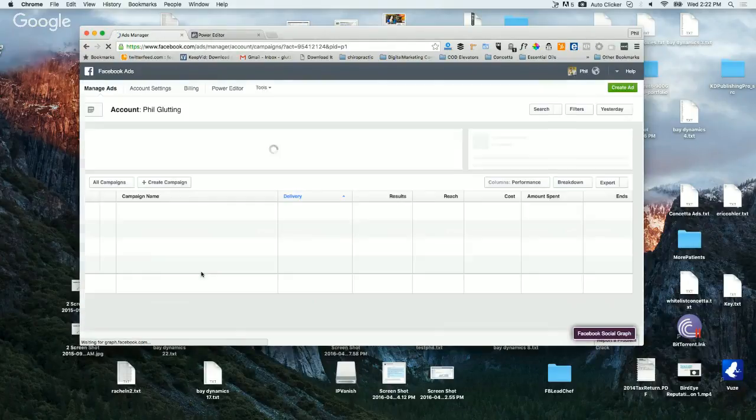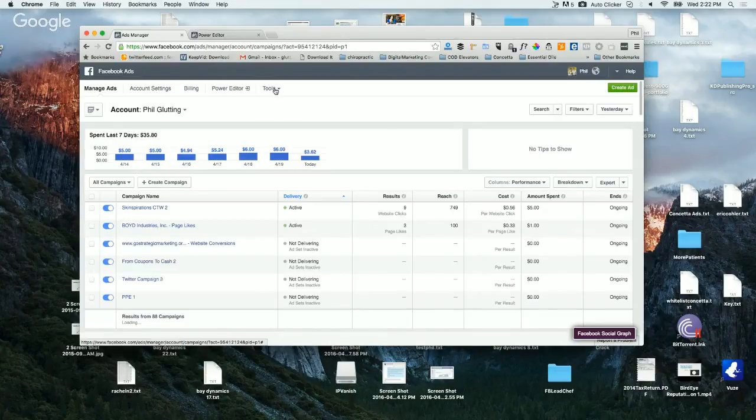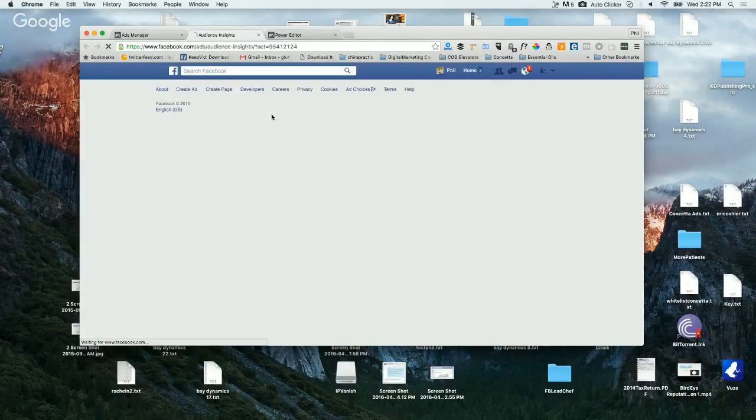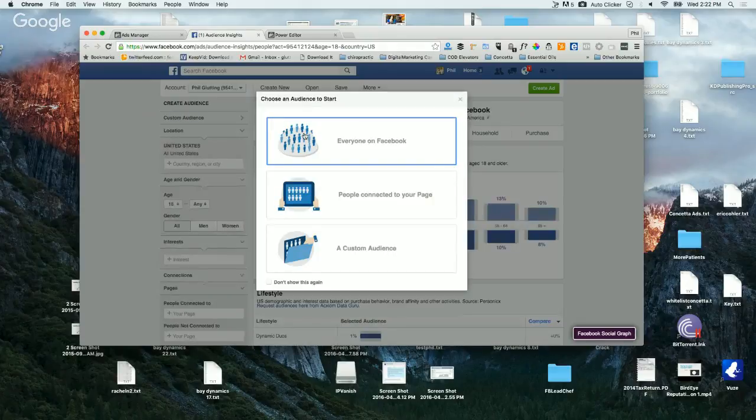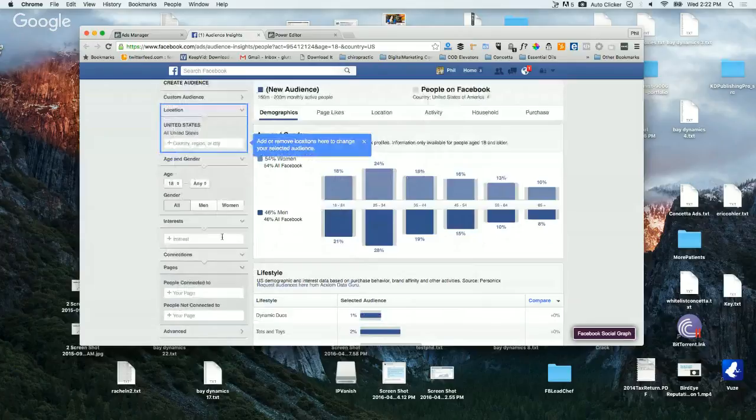You won't have that screen as you don't manage a bunch of different accounts. So you can see my layout is similar to the second image, and how I would access Audience Insights would be by going to Tools and then Audience Insights. You want to select everyone on Facebook, and then you can see on the left-hand side, I have it set to United States. You can change this to Canada,